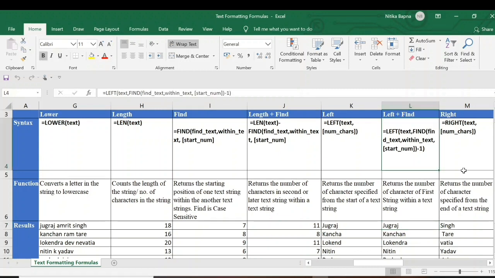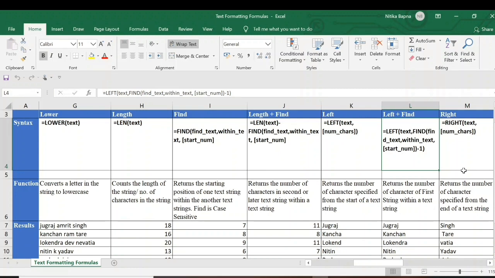So LEFT plus FIND: the syntax is equals to LEFT, text, the cell you want to do that on, which here will give me the first name of that employee. I will select that cell, then FIND.